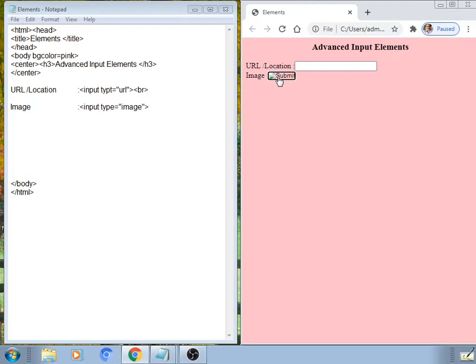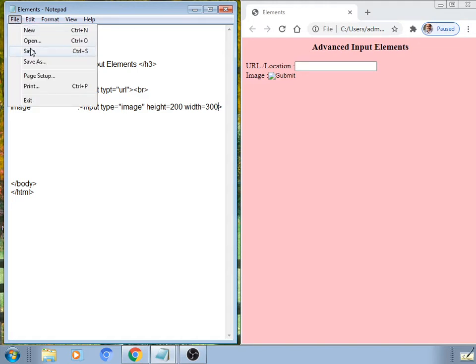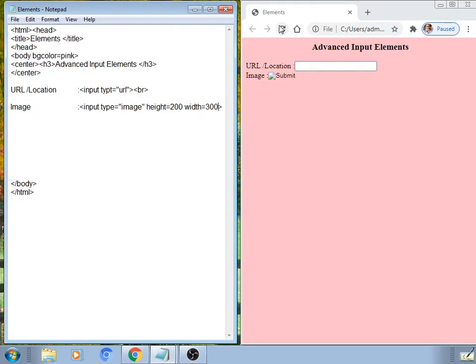But we can apply an image by using the source attribute within this input tag, as well as define its dimension by using height and width attributes. So a particular space will be acquired. See here, we are applying height equal to 200, width equal to 300.